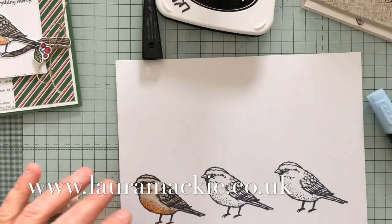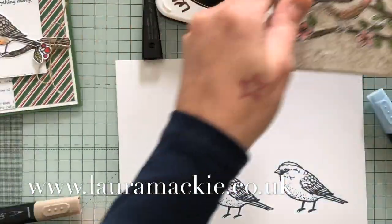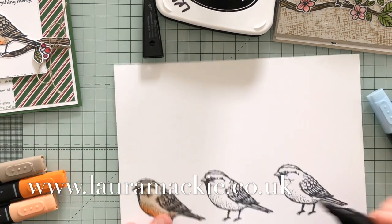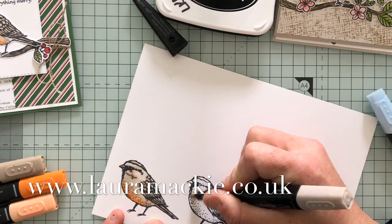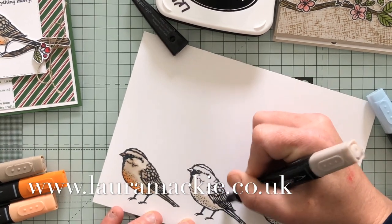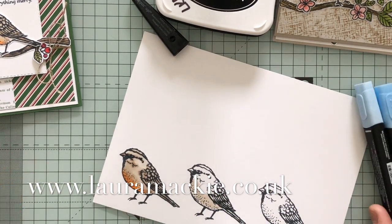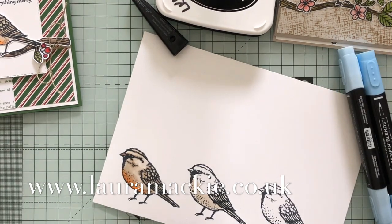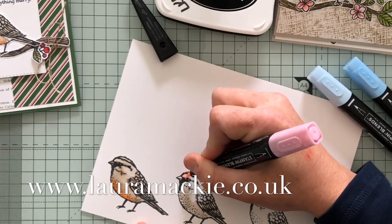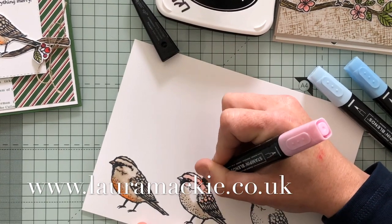Now, colouring these ones, my male and female birds, I laid down light on his belly and on his tail. The blue one is Balmy Blue, and the pink one, which I'm going to do now, is Flirty Flamingo. Then I laid down some pink around his head and down his back a little bit,